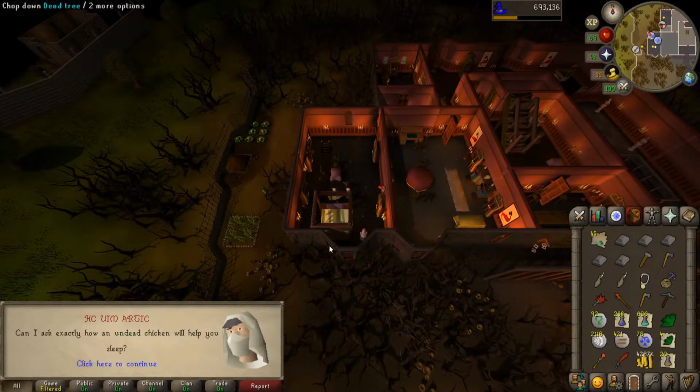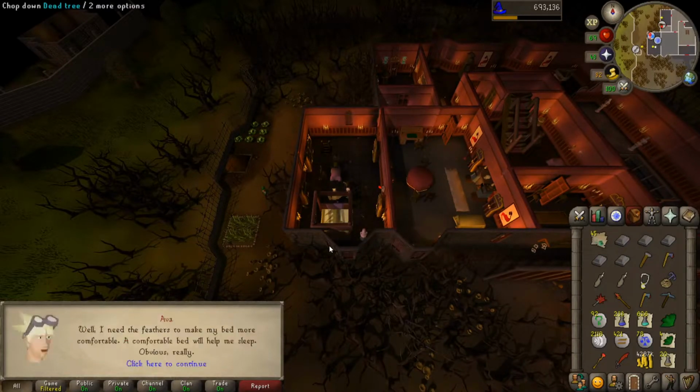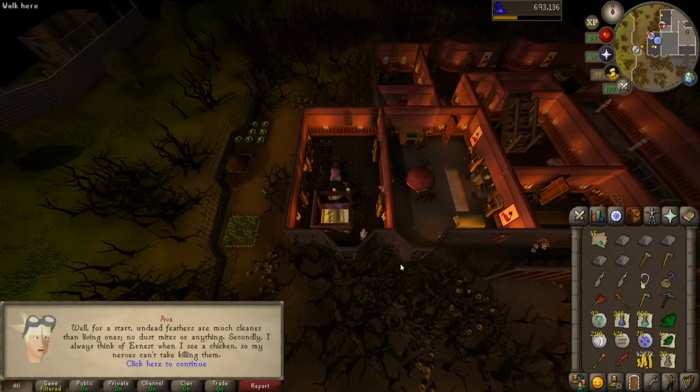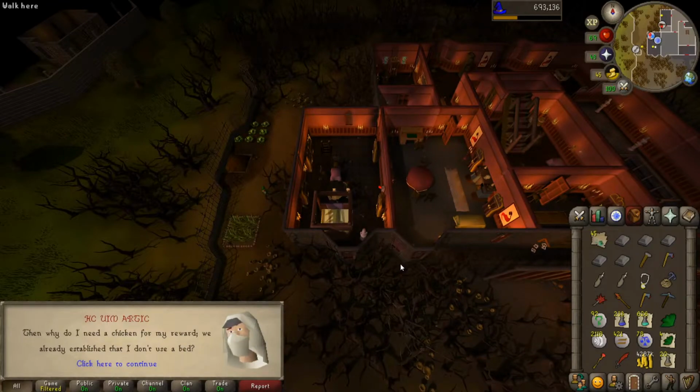The chickens are going to help with her sleep by making a very fluffy and comfortable bed. And undead chickens are better than regular chickens because there's no dust mites in the undead feathers. Also, Ernest has kind of gotten her off of regular chickens. Anyways,